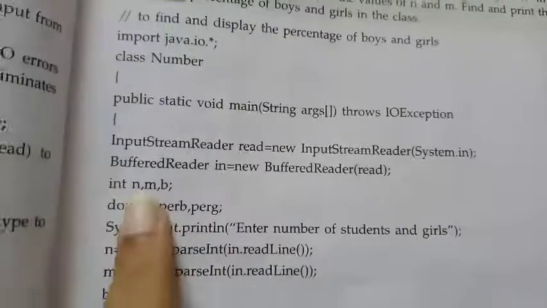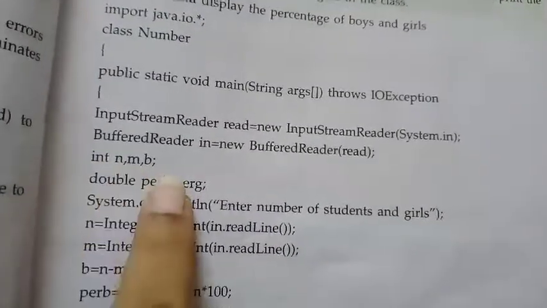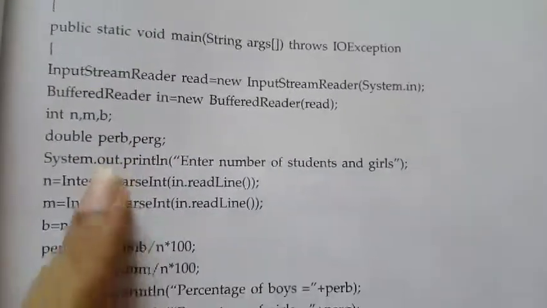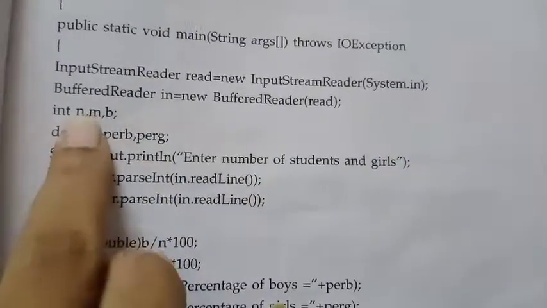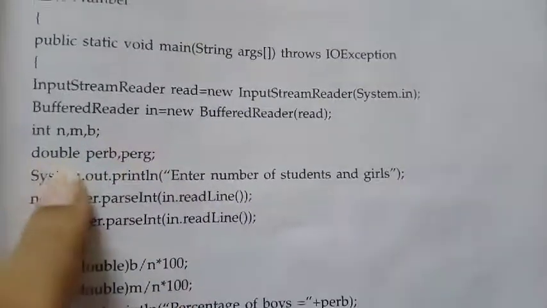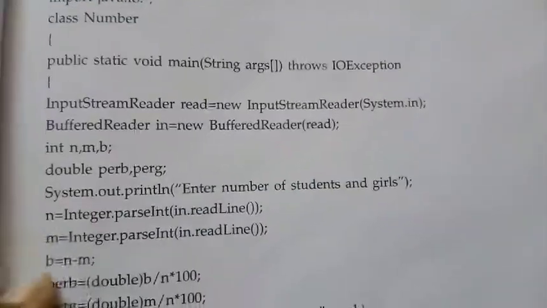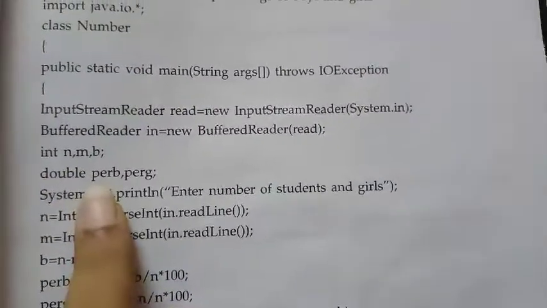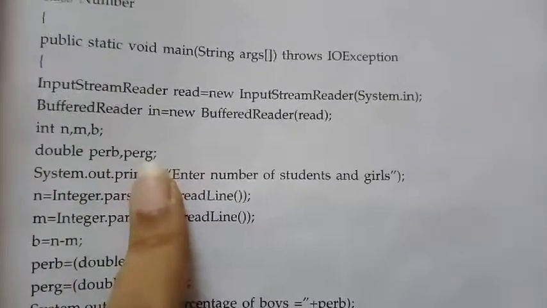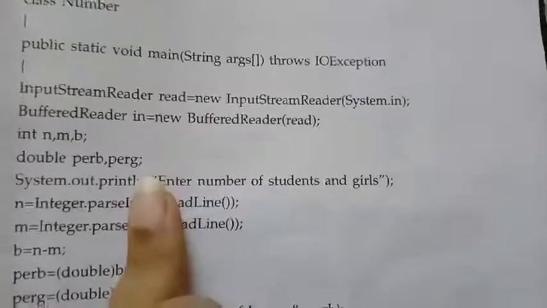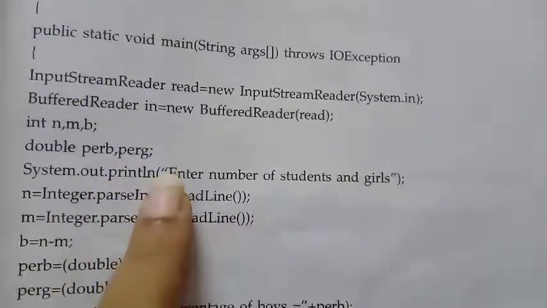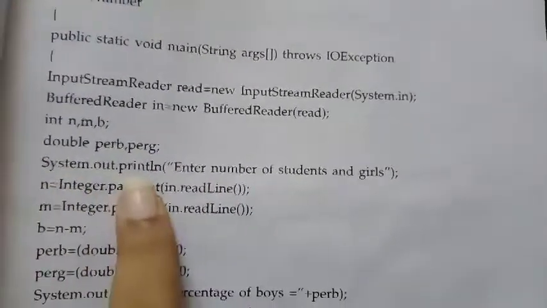Okay, so next is your variable declaration. N, M and B. N is for total number of students, M is for number of girls, and B is for number of boys, and this is for your percentage. See here, number of students is going to be an integer. But double is going to be for percentage of boys and percentage of girls, because percentage may be a fraction number. We cannot say that it is going to be a whole number, right? So that is why we are giving percentage of boys and girls as double,